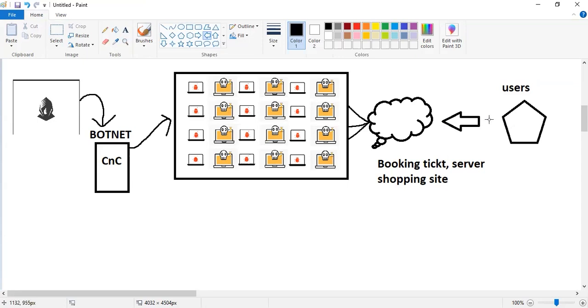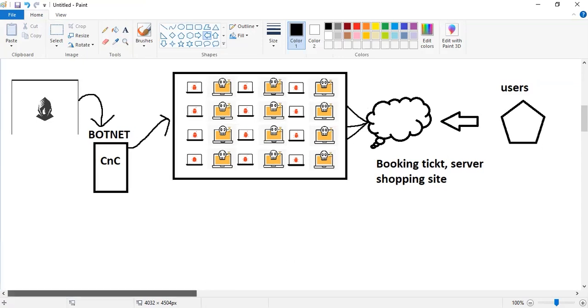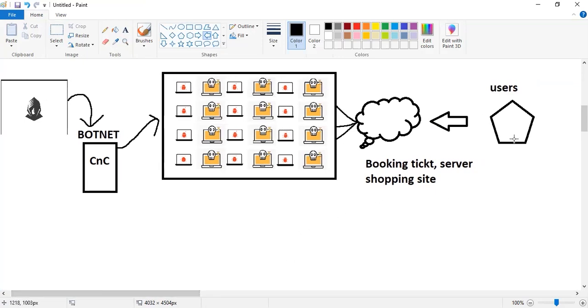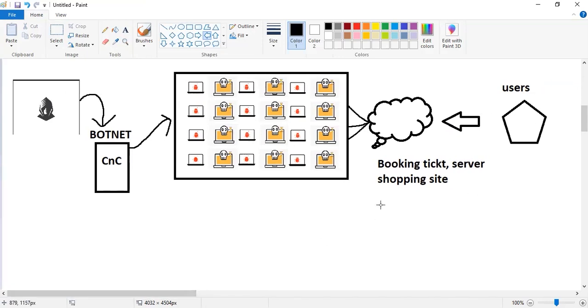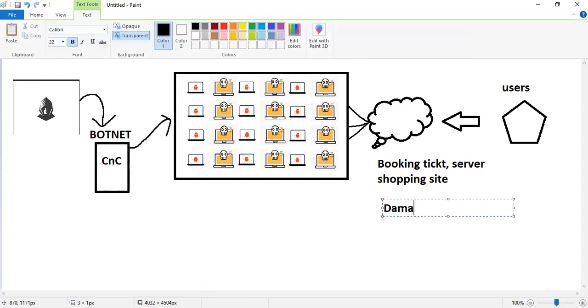The services and the traffic which they receive will be slow. So because of that, the users will go to different sites, different booking ticket servers, different shopping sites. So in short, the attacker is damaging